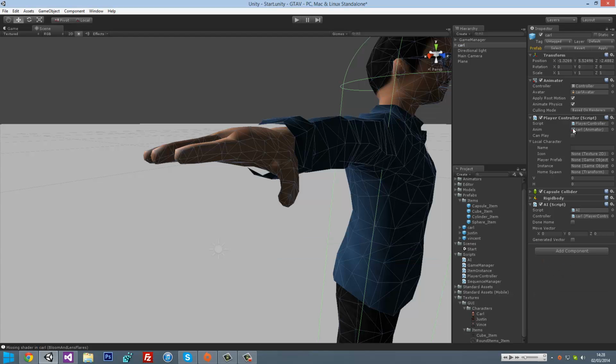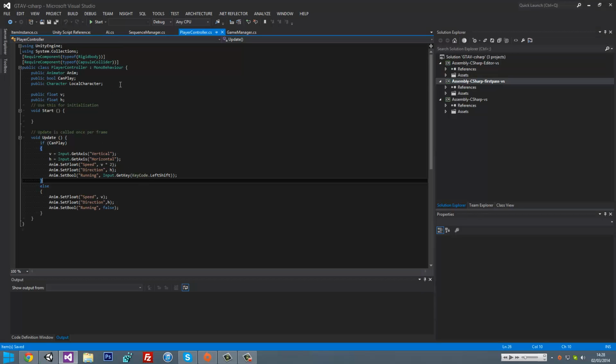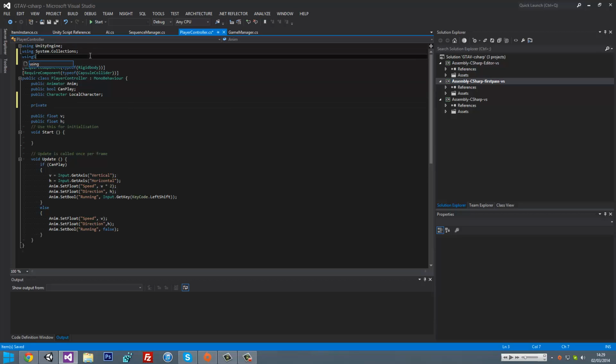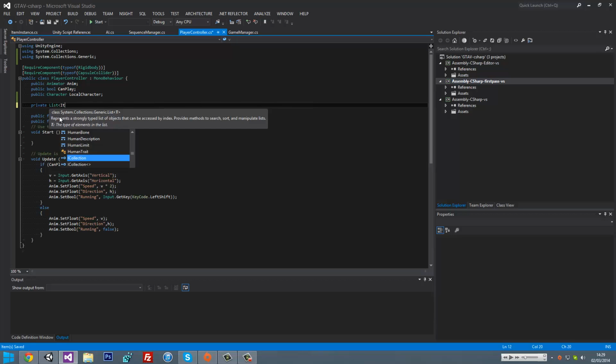For now, we can open up the player controller. We can go private, because we don't want it to be editable. We also need to use System.Collections.Generic. These using things are like namespaces. Namespaces are sort of folders, and you either need to type in using to get everything at once, or you can manually go System.Collections.Generic.List, but that's annoying. So private list item